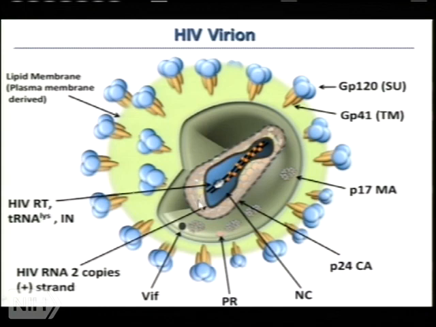it includes structural proteins that actually make the core, enzymatic proteins that are going to reverse transcribe and integrate the viral genome, and 2 copies, count them, 2 of the HIV RNA, not complementary, but identical. So we're going to need both of these copies to replicate this gene. They're both plus-stranded, the same as the